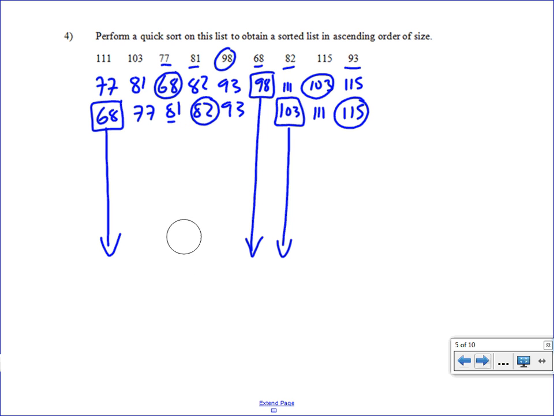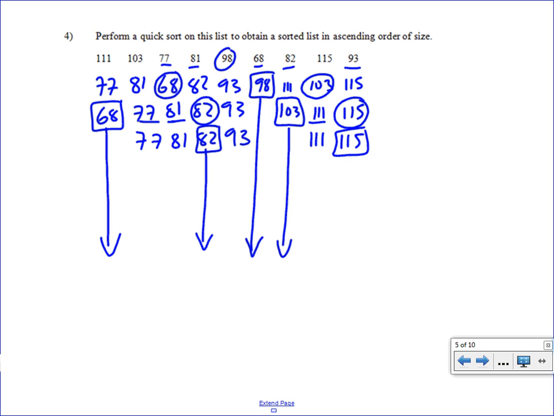Just did that deliberately to show you what can go wrong. So, less than 82 is 81 and 77. So they go here in that order, then the 82, which is now fixed, and then the 93. And on the right-hand side, 111 is less than 115, so that goes on the left, then the 115, which is now fixed. Now we've got 3 sublists, 1, 2, 3 sublists, but 2 of those sublists have got